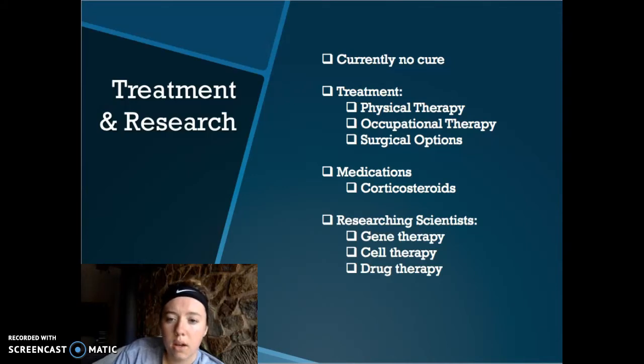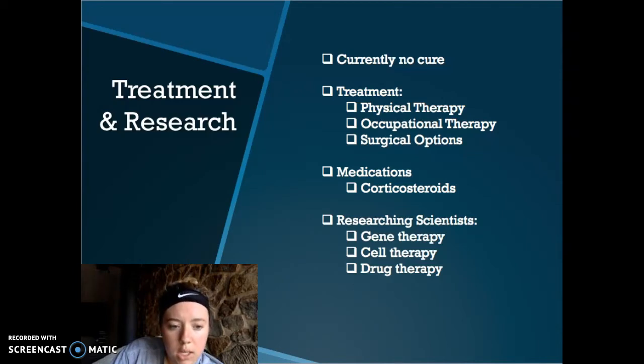Medications that these patients are often put on are corticosteroids, which slow muscle damage in patients with DMD. And then there are also many scientists researching the treatment of this disease. Gene therapy would consist of injecting a healthy gene into those muscles affected with Duchenne to allow for regulated